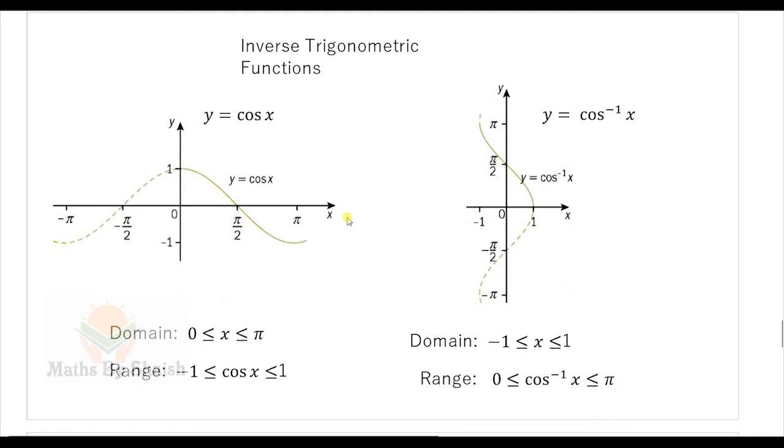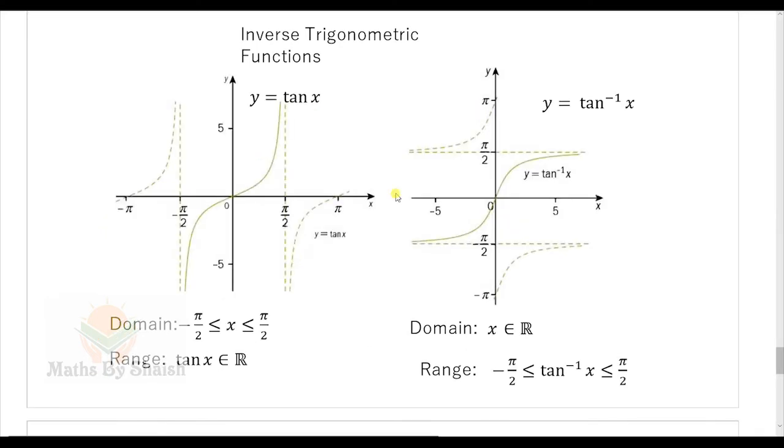Now the inverse trigonometric function for cos. Again we have to restrict the domain to 0 to pi, because if you take minus pi by 2 to pi by 2, it would not be one-one, hence the inverse function cannot be defined. So the domain for this is going to be 0 to pi, and the range is again minus 1 to 1. That's why the domain of the inverse function of cos will be minus 1 to 1, and the range of cos inverse x will be 0 to pi. So again it helps in deciding whether cos x will take some value or not.